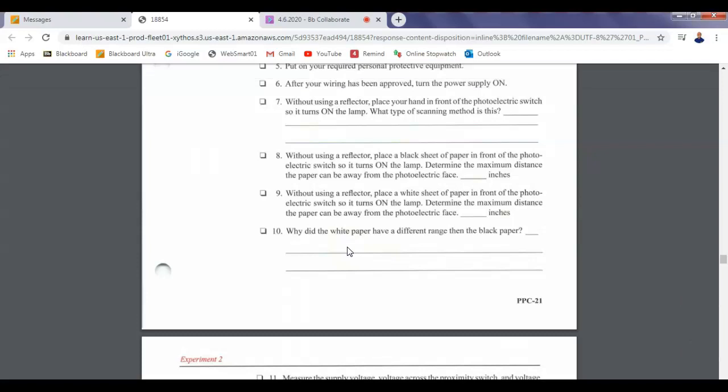Because white is more reflective than what? Black. And diffuse works off reflective light. And so the darker the color, the less light we'll get back in the range. So we could use this to actually approximate range. Y'all see that when it switches, so